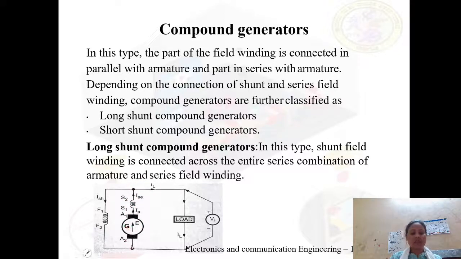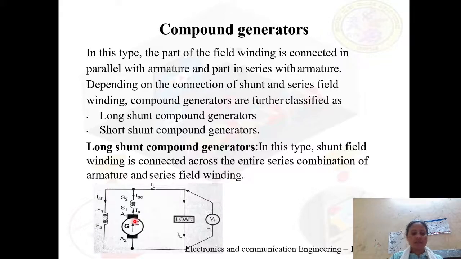So for this series combination, the field winding, if it is connected in parallel, we call such arrangement as long shunt compound generator, and the load is connected for this parallel and series combination, and Vt is the terminal